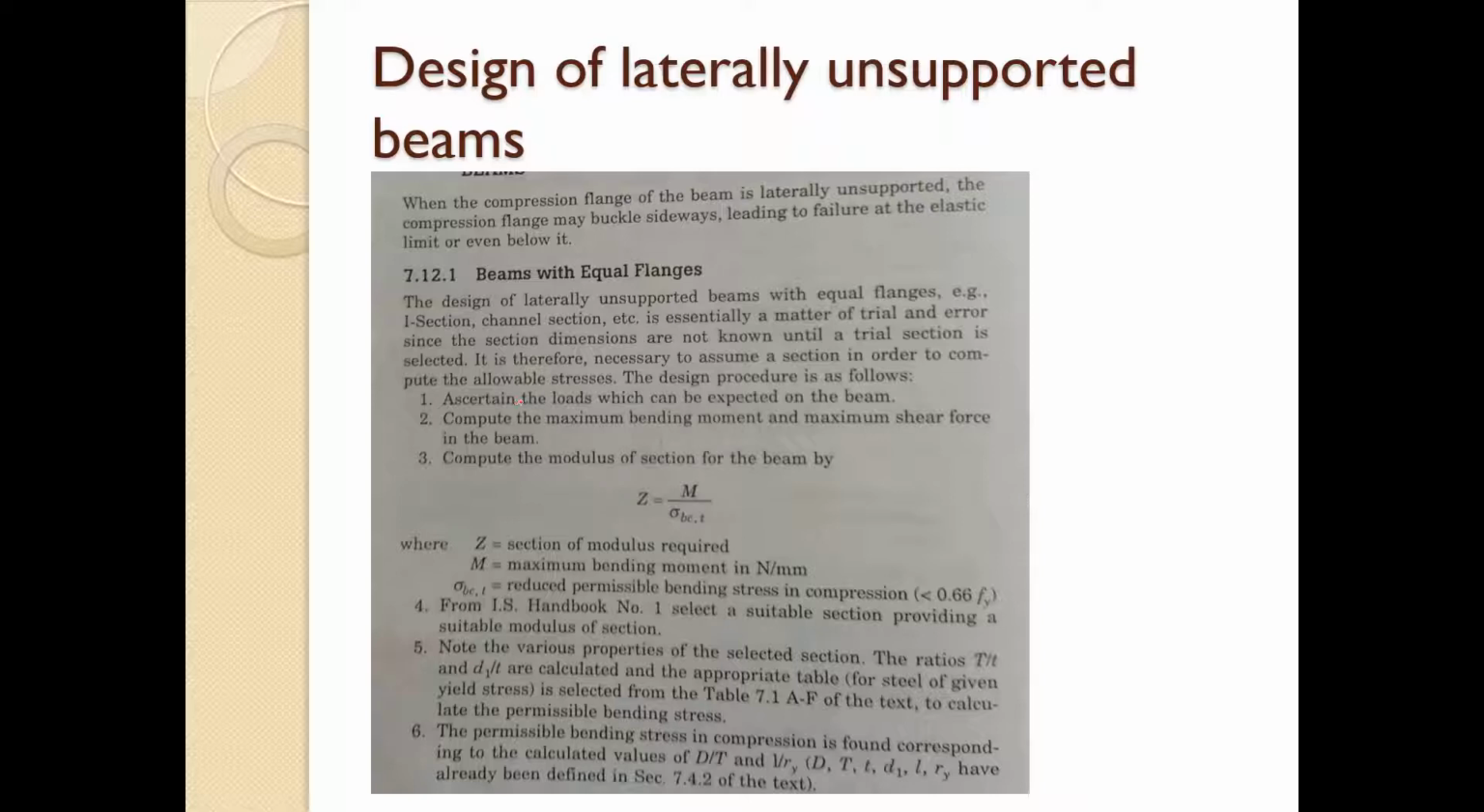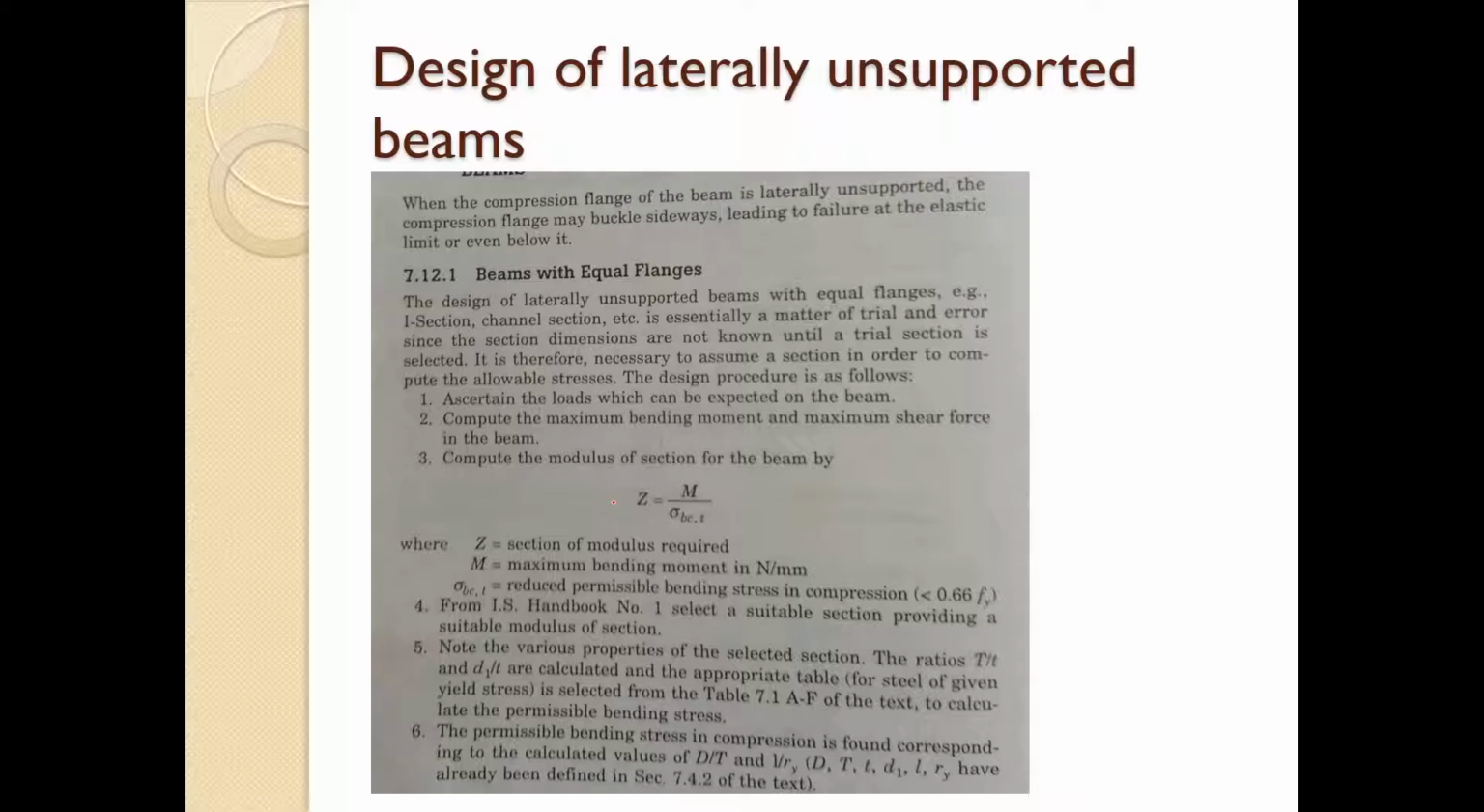First, ascertain the load which can be expected on the beam. Compute the maximum bending moment and the maximum shear force in the beam. Compute the section modulus for the beam by this formula, that is Z equals M divided by sigma bc, where Z is the section modulus required, M is the maximum bending moment in Newton mm,